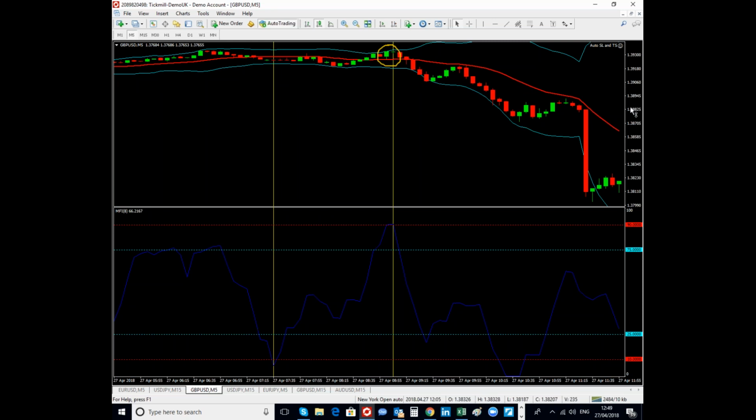Is there any reason? Answers on a postcard. Or the bands are expanding, yeah, Patrick. So the bands are expanding. All right, okay, cool. Well, yeah, you could say the bands are expanding, but there's not much difference in size here,